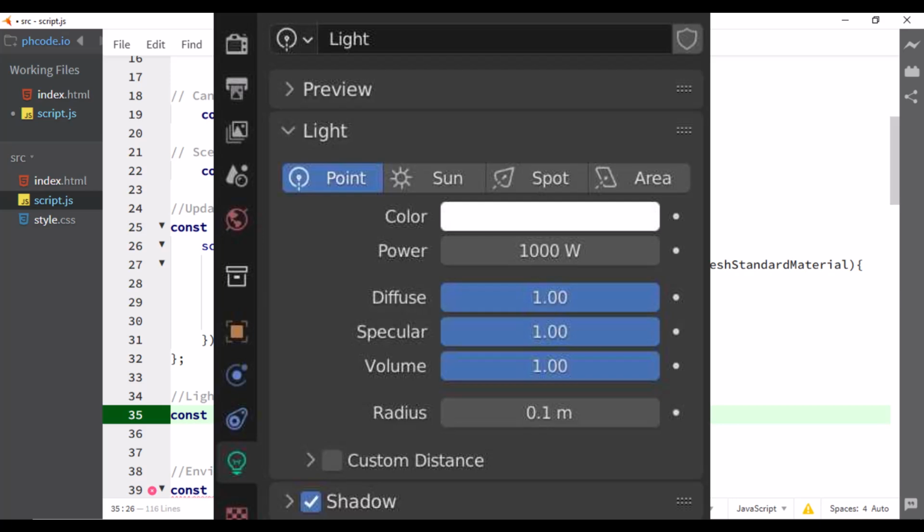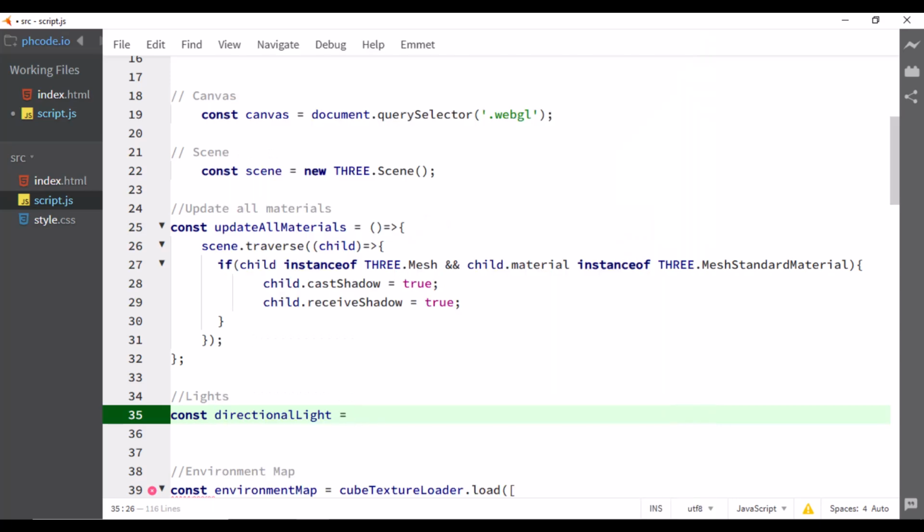But this time around we are going to use directional light because the scene we are trying to create is outside. So we are going to be receiving sunlight. In order to simulate sunlight in Three.js, that is where we use directional light. So we'll say, sorry, new